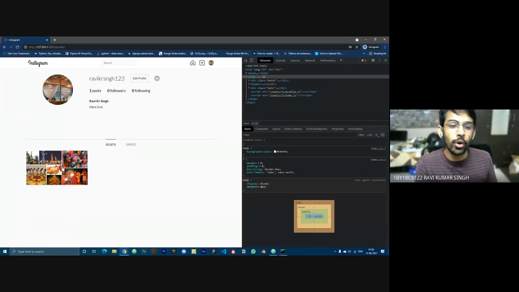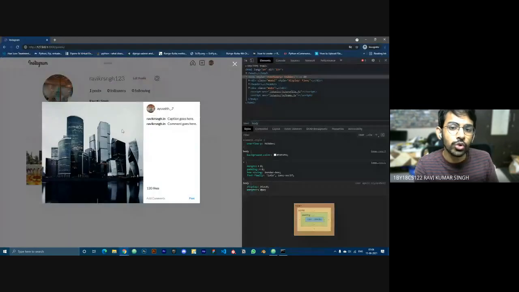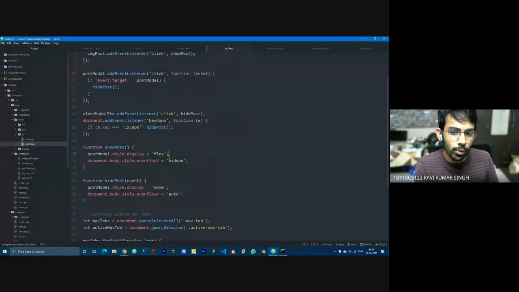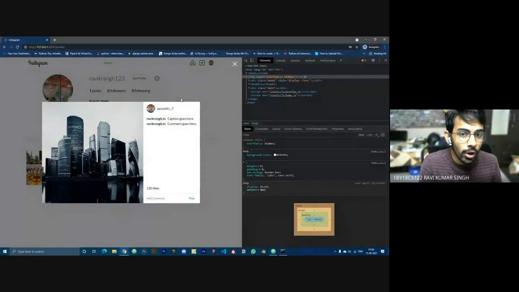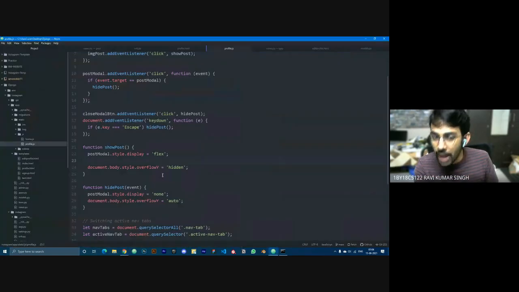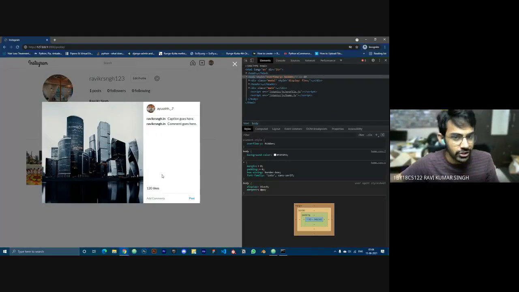So now where do we need to make changes? Whenever we click on it, the show post function was getting executed, right? So inside show post, along with all of these things, I'll have to change all of this content. So now I will make an AJAX call. AJAX call means I'll try to contact the database and get all of the data without loading the page.